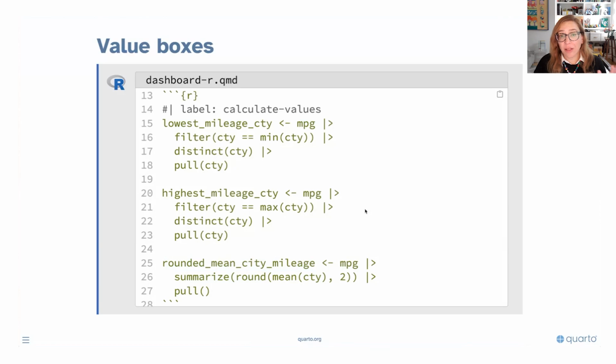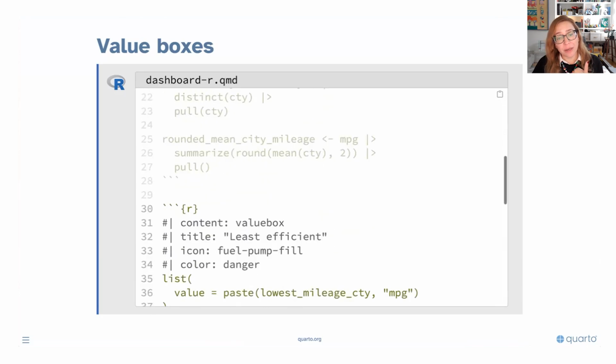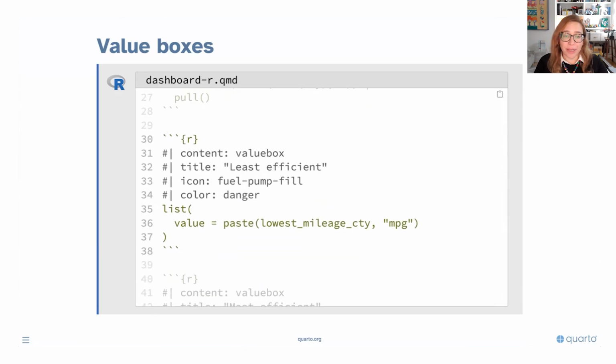This is a code cell that doesn't have any output, so these are going to be objects that are available for us to use in a subsequent code cell that might look something like this. We set content to valuebox to say that the content of this executable cell is going to make up a value box. We can give it a title. We can give it an icon from Bootstrap icons, and we can give it a color as well.